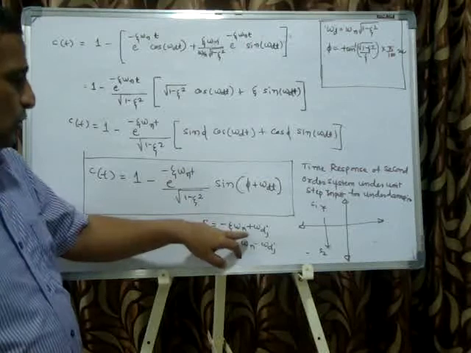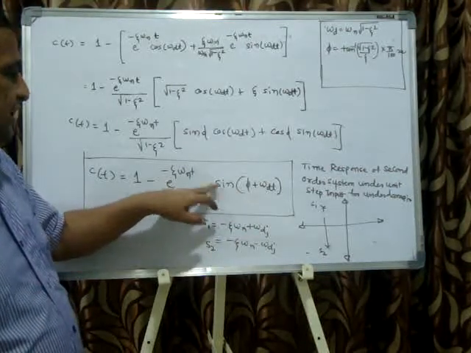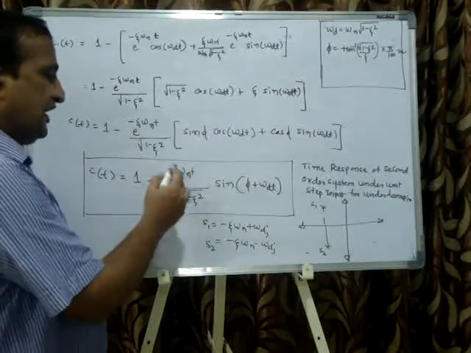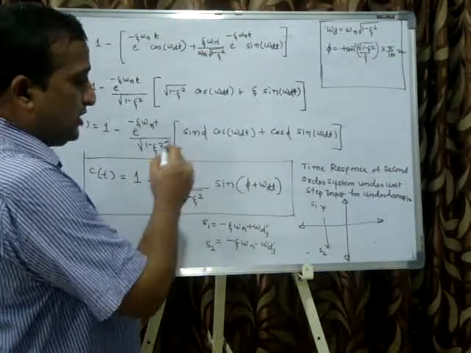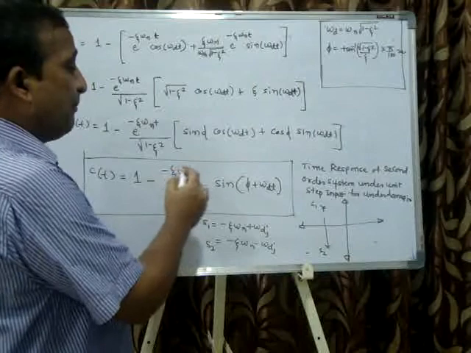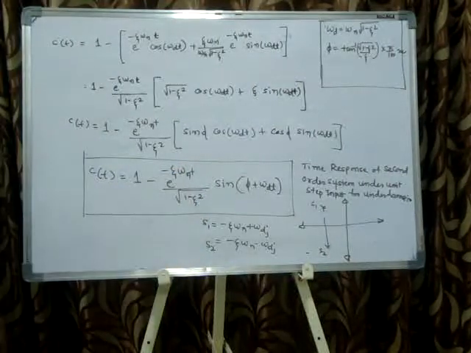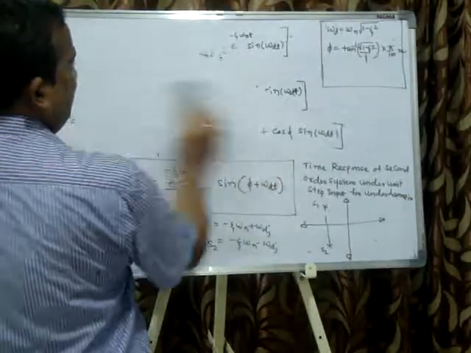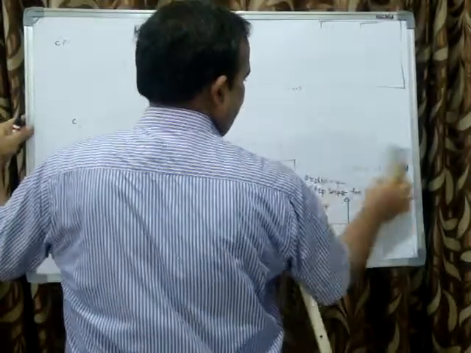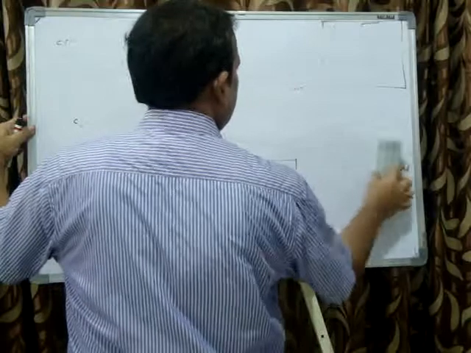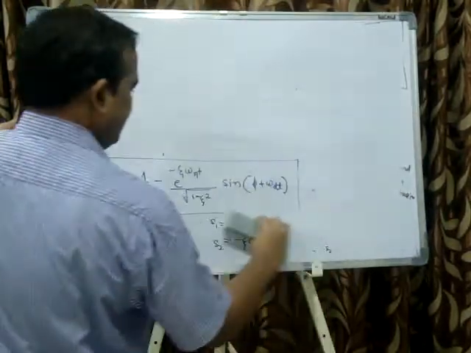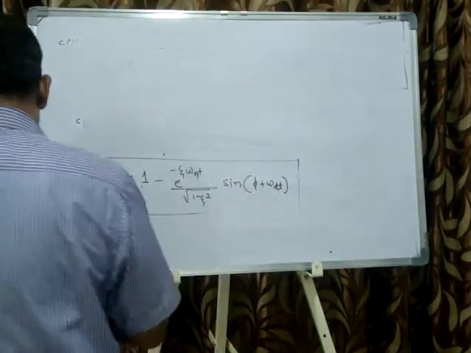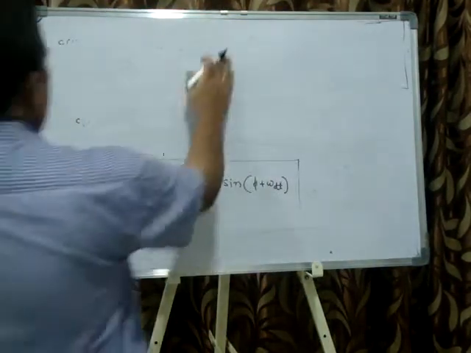So due to the complex part I have got a sine, but luckily I have e raised to minus zeta omega n t. Zeta is an opposition and minus, so it reduces the amplitude. We will see this in the graph. This is the final time response of second order system. If you see the graph,